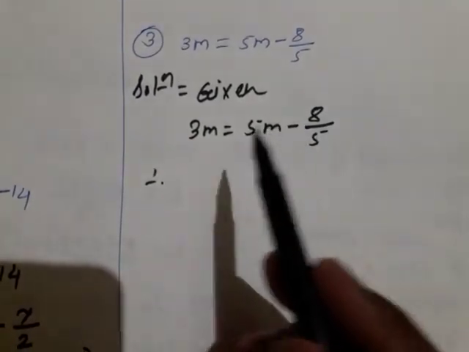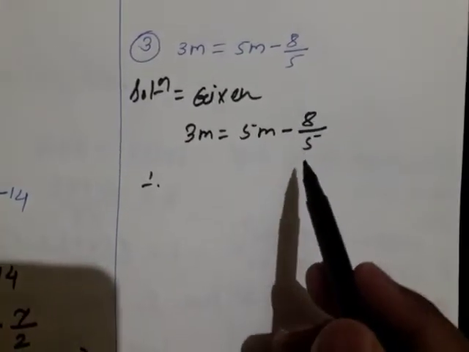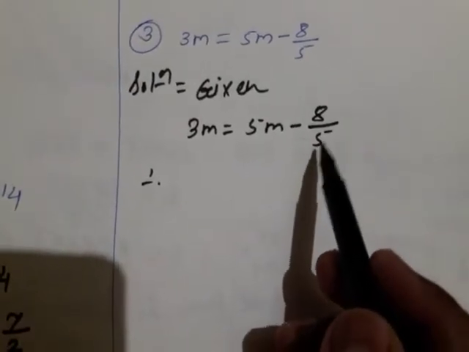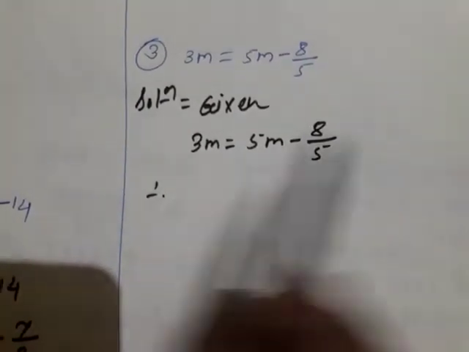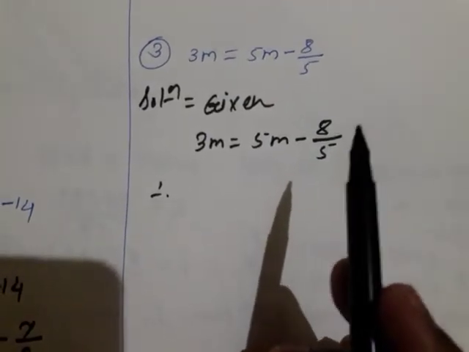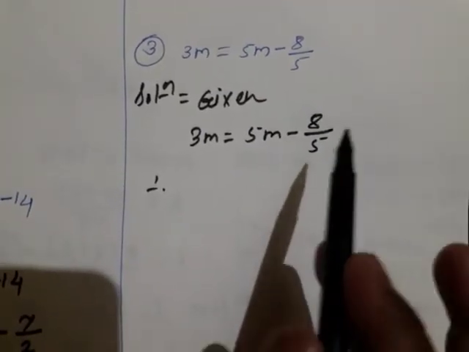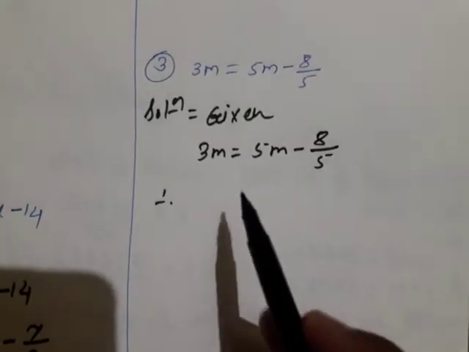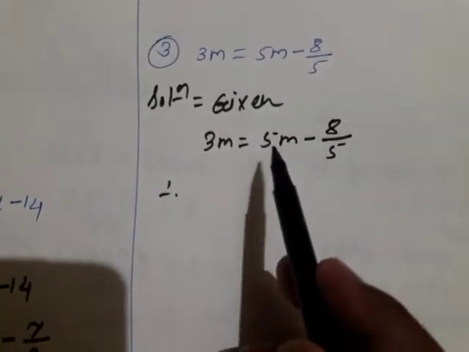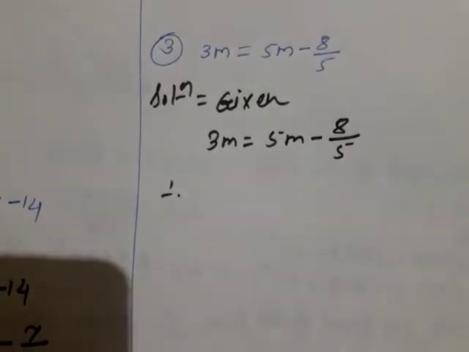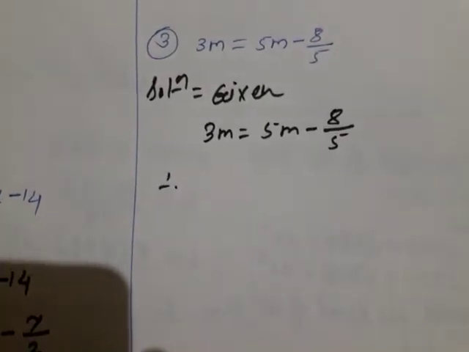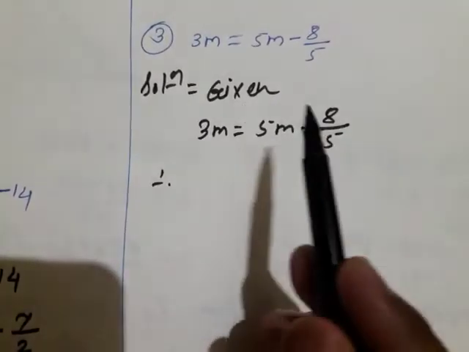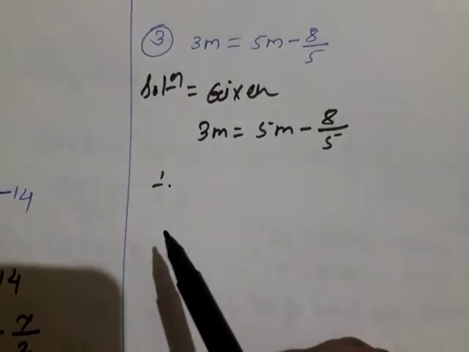If it is not possible, now here it is not possible, because here minus 8 upon 5 is there. Possible, it is possible, no problem at all. We can transfer this minus 8 upon 5 to this side and this to that side. That is also correct. Then if it is not possible, then you keep it as it is. If you are facing a little confusion over there, you should not do like that. Look here, I am going to transfer this 5m to the LHS also, and I can solve this example. Otherwise I can do one thing, minus 8 upon 5 I will transfer to this side, and this 3m I can transfer to this side also.